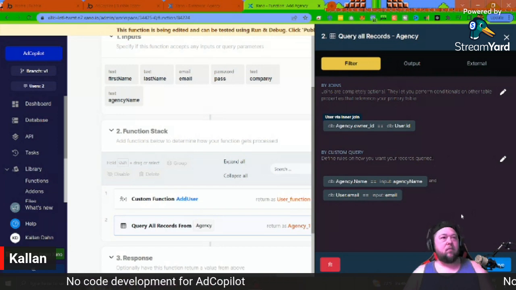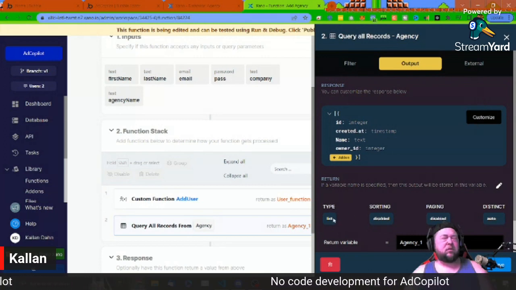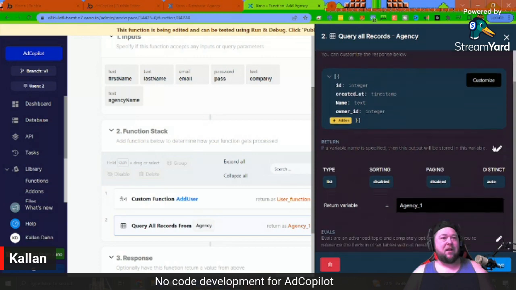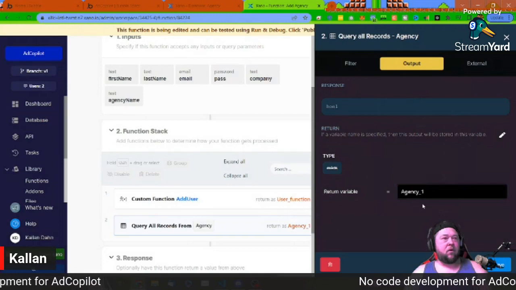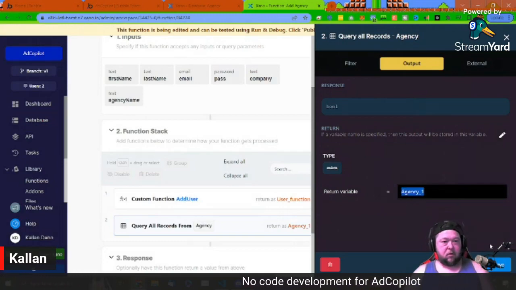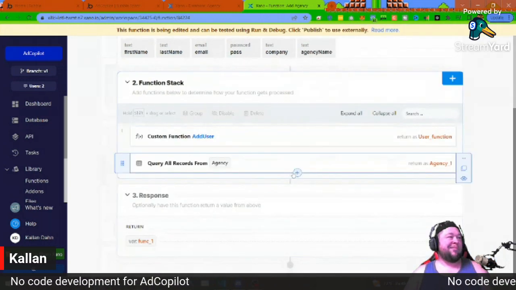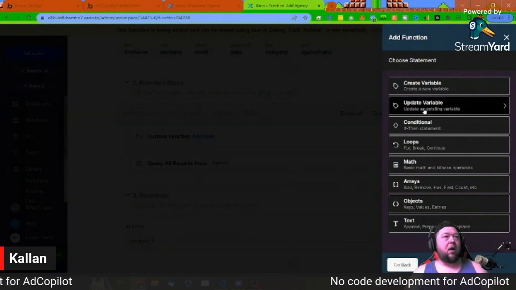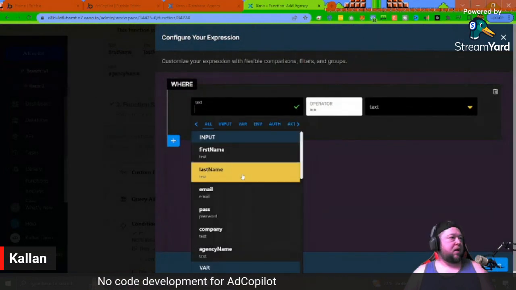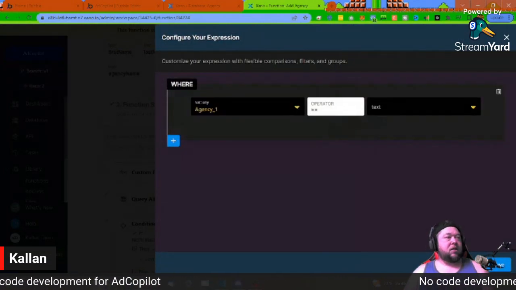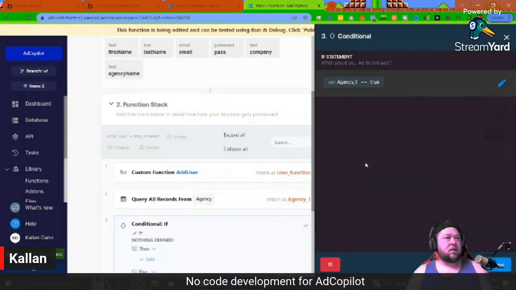So this one we probably want a specific bit of information because we're not going to update this. So this one we are going to just return an exists. Save that. And then we'll just do a conditional on this. So we're going to say that if agency one equals true where it exists,